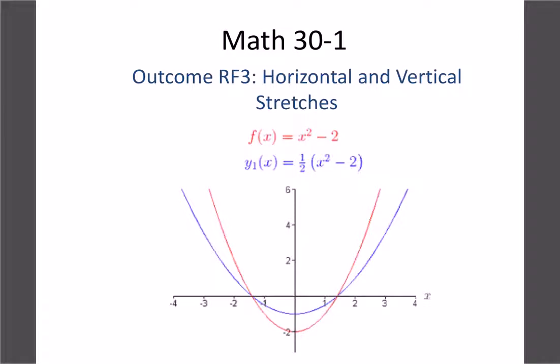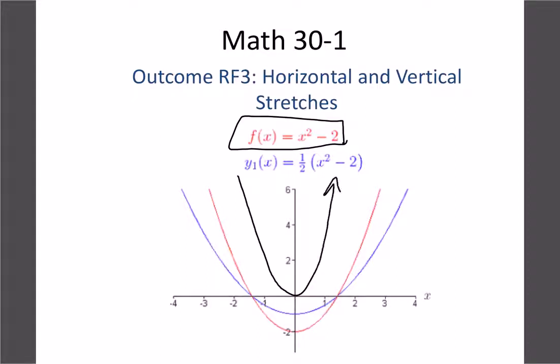Okay, so again, let's start with a quadratic look again. So you can see this original red graph is x squared minus 2, so just a regular quadratic that's been shifted down 2, and we can kind of review that from yesterday, right? Y equals x squared would just be a regular quadratic, something like that. So the minus 2 part is going to move that down 2. So we've already actually done a vertical translation, but now we're going to take that red graph and do a vertical stretch on it. So you can see the half in front is going to make the blue graph half